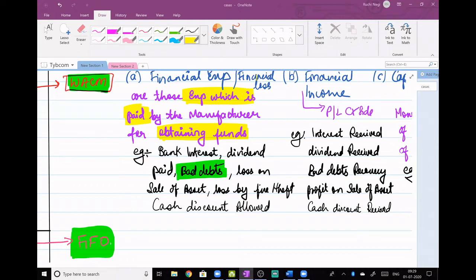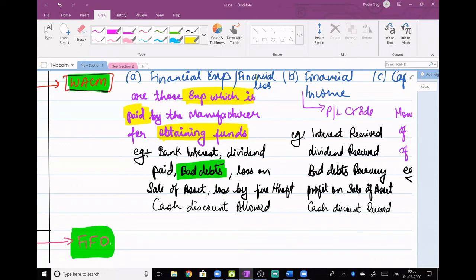Correct? Now, I am not able to recover from my customer, so that is my fault, na? It is my fault. It is my problem. So why should I charge it to cost? How can I charge this expense to cost and say that my total cost is increasing because of bad debts? So my manufacturing policies should be such that I should incur minimum bad debts. I should try to see to it that there are no bad debts. Even if it is incurred, I should have sufficient reserves to write off bad debts.